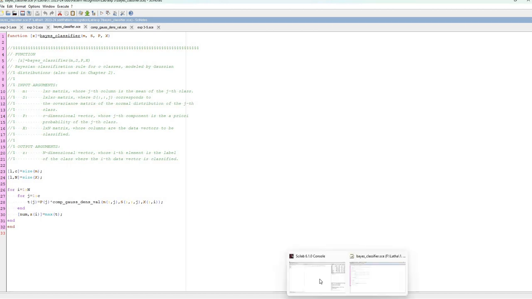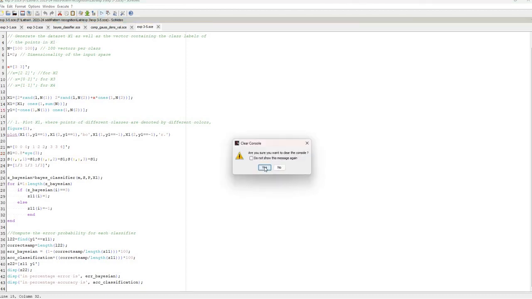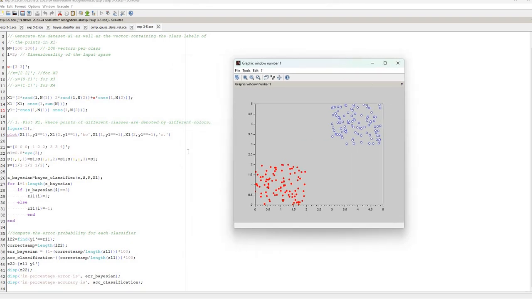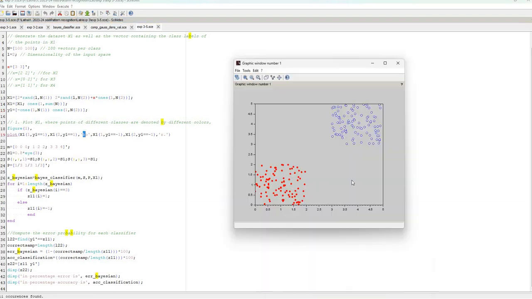So the Bayesian classifier is done, and we display the values for percentage error and accuracy. Accuracy is the correct classification divided by length, and error is 1 minus the correct classification divided by the length. When we run the comp Bayesian classification also, you will be getting an error in the console only. Then execute it. Then the Bayes classifier also